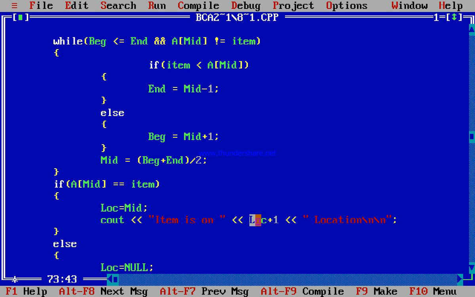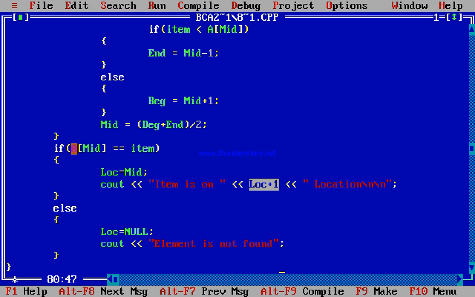Here we take LOC plus 1 because our array starts from the 0th position. Otherwise, if the atom is not found, then the else part is executed, and here we store null in LOC, and we print that the element is not found.